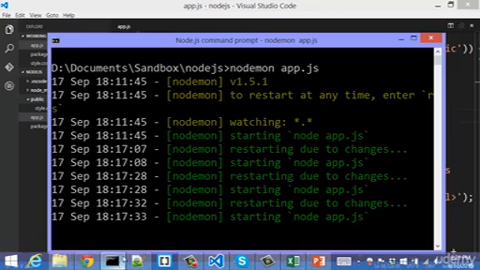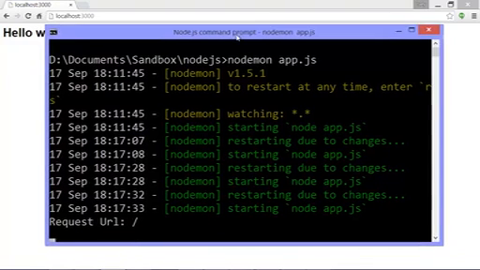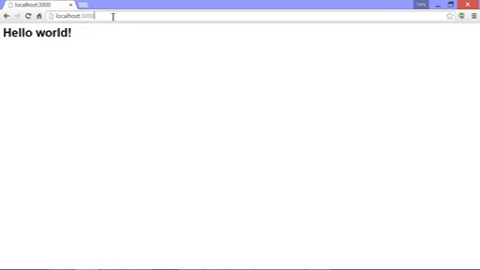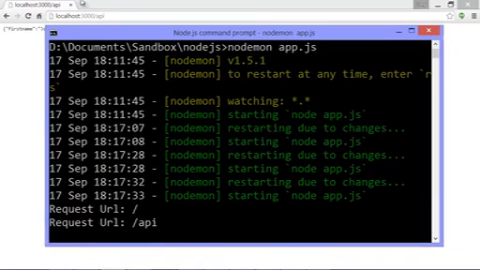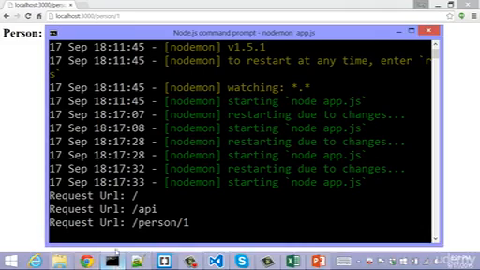My app is still running, so I'll just refresh, and it still worked, but look, that other middleware ran. It caught that particular route, ran my middleware, and that third parameter it passed to me was a function that I was able to invoke, which caused the next middleware to run, which turned out to be my get method. So I could go, for example, to /API, and there it console.logged, and I could go to person/1, and it